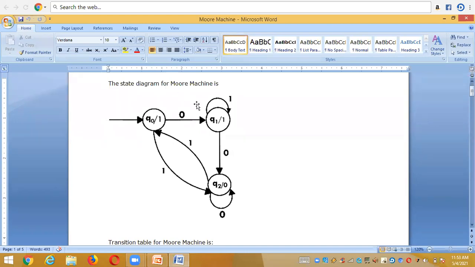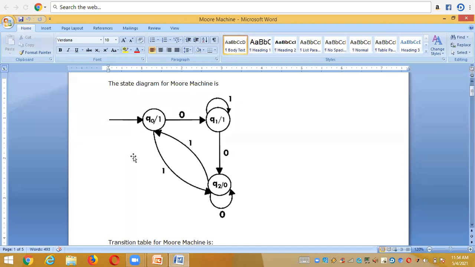In Moore machines, we have the output not for each and every input, only for the state. We have the output alphabet. So now we get what the output alphabets are, what the states are, what the initial state is, and what the input alphabets are. Now we need to check the transition mapping function delta. Delta means a state with an input gives a state. And then after that, you need to check the output mapping function.